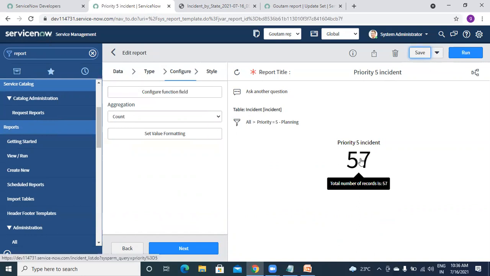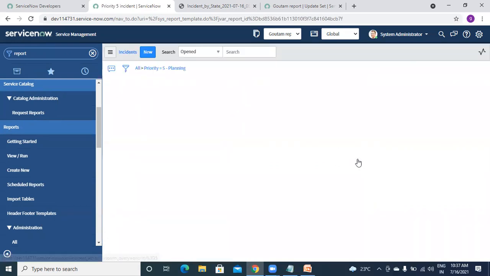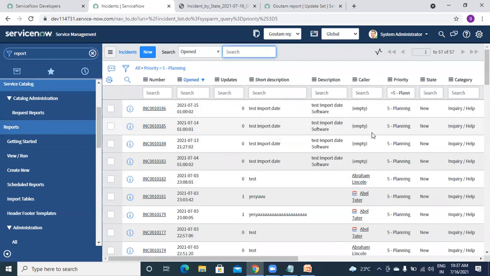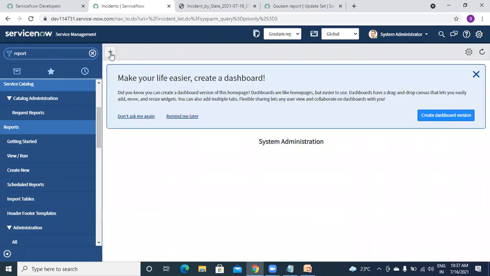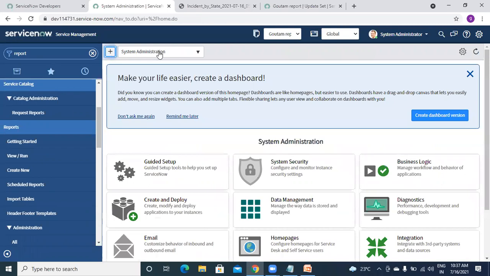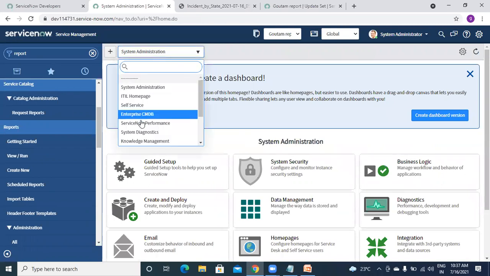So we have this count. If you want to confirm what the tickets are, you just click on this report, click anywhere with your mouse, and it will redirect to that particular list view. So this is your incident list view, and here on the top we have 57, and here is the condition, right? Directly from the report you can go to this list view. Similarly, on your first page you will have all the reports. So these are all the reports.